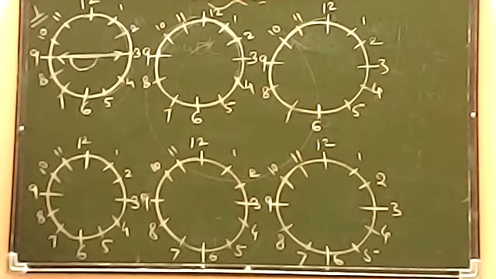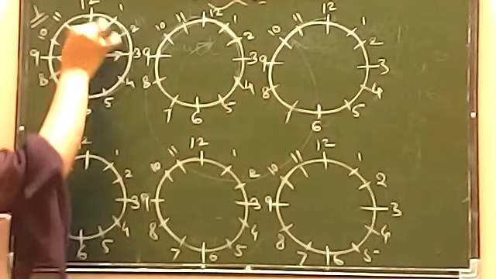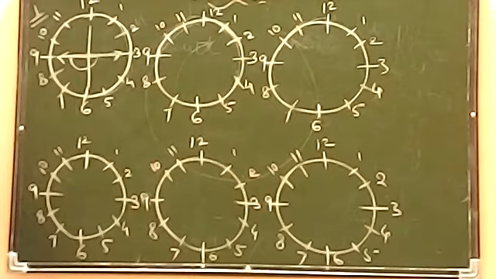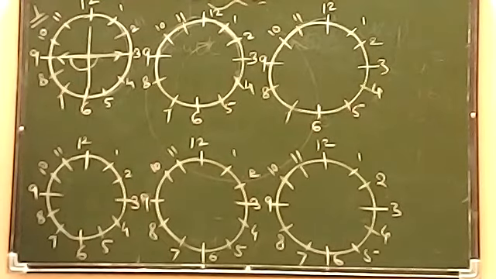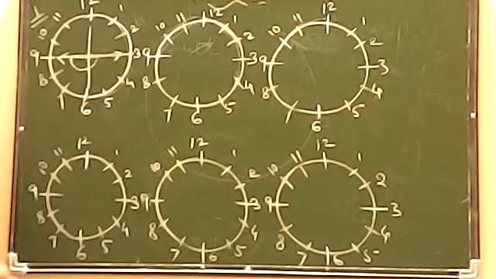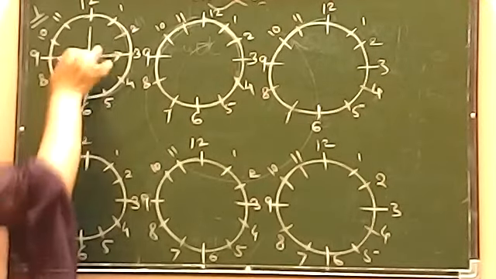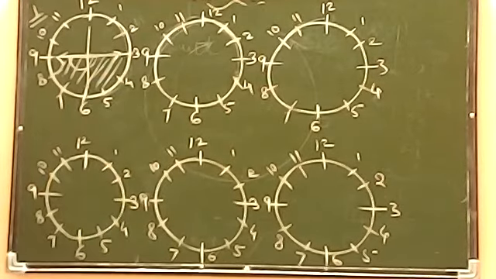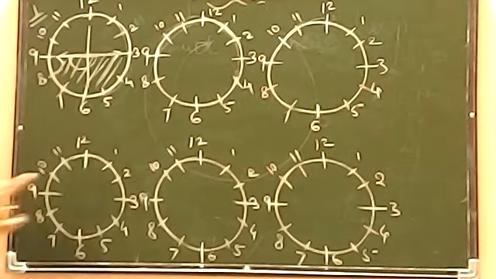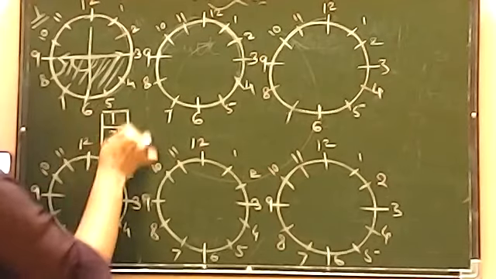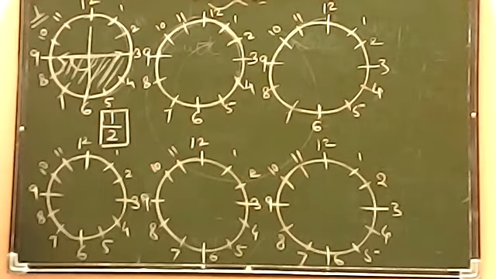It is not 1/4, beta, it's half. I'm telling you how. If you divide a circle into 4 parts, you get 1, 2, 3, 4 parts. Out of 4 parts, how many parts have you covered? Only 2 parts. So you are calling it 1/2. The first answer will be 1/2. You are covering half of the circle.